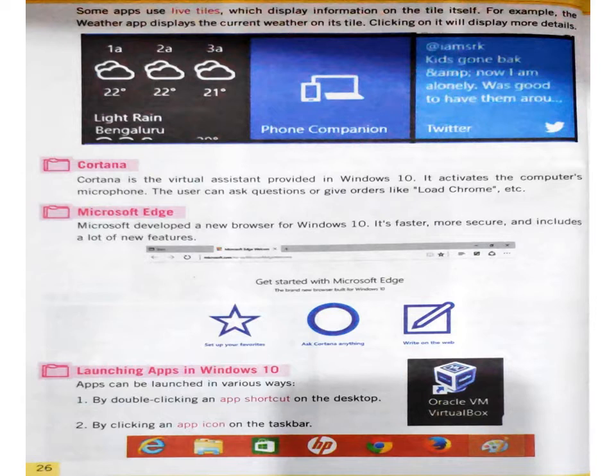Now next we will learn how we can launch an application in Windows 10. As you know, when you open Windows 10, there are various shortcuts on the desktop, various applications that are present, so you can directly access those applications by double clicking on them.